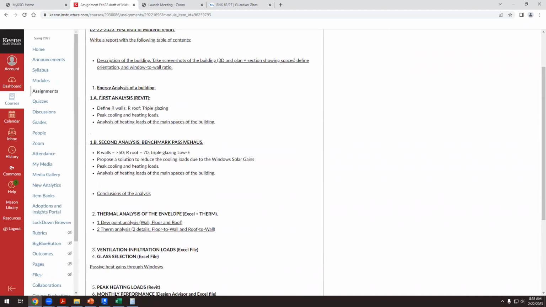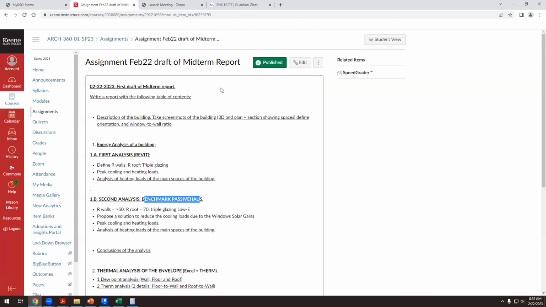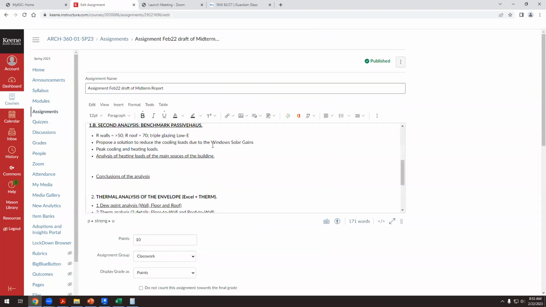Okay, so with this first analysis in Revit and the second analysis in Revit, benchmark passive house. So in passive house, we can say now that